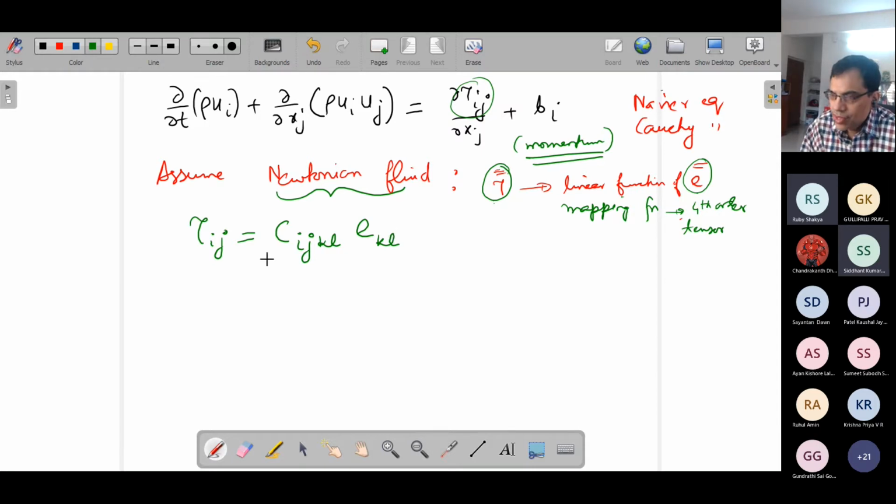So now, this is actually, you can call, say, Newton's law of viscosity for an arbitrary fluid, because this E will contain the rate of deformation. Now we have to realize